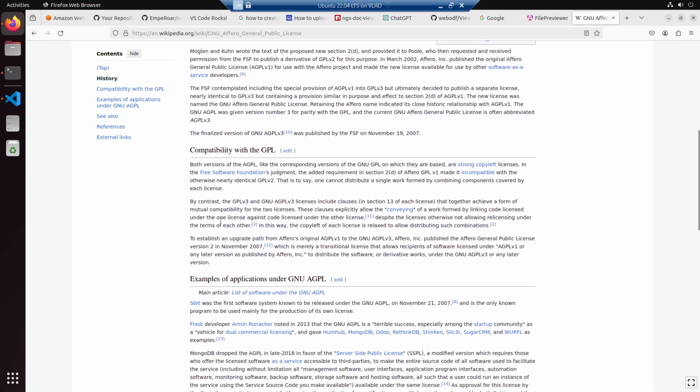Compatibility with GPL. Both versions of the AGPL, like the corresponding versions of the GNU GPL on which they are based, are strong copyleft licenses in the Free Software Foundation's judgment. The added requirement is in section